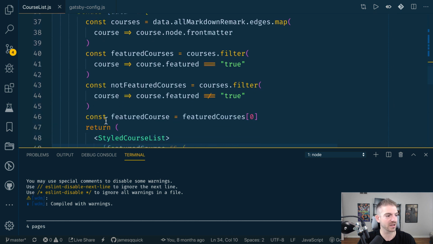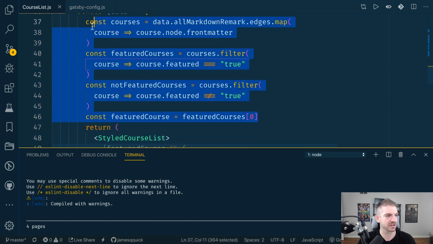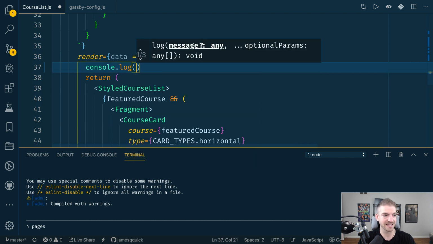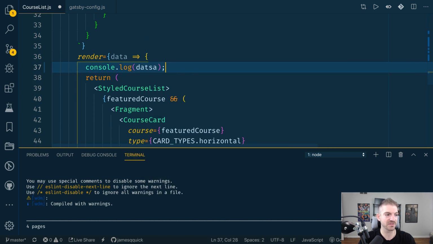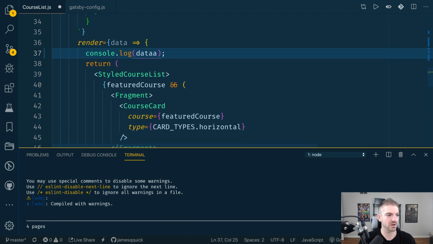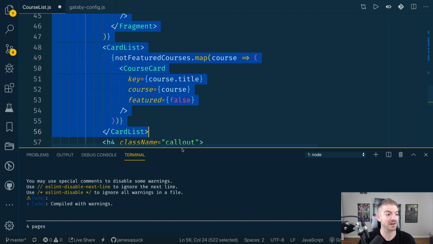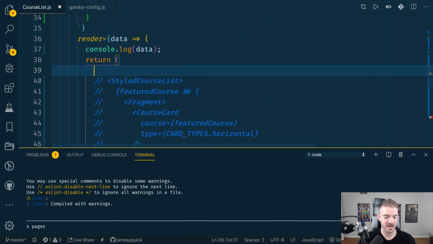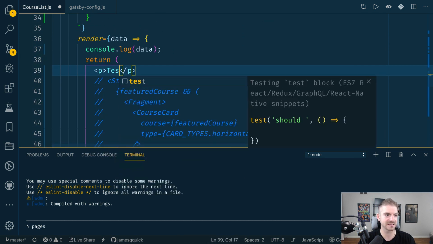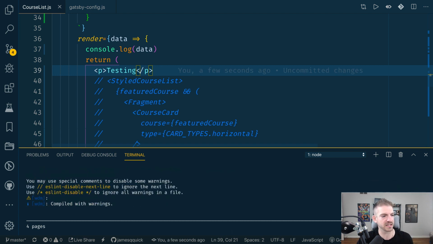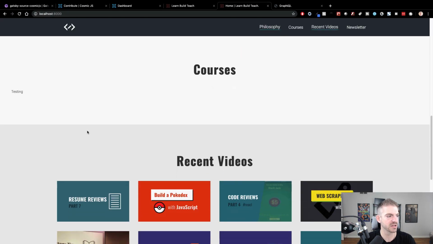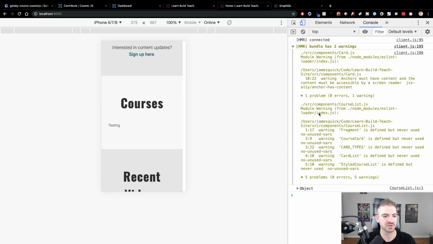Now I'm going to get rid of this stuff, and I don't think this logic was very good. I want to try to log out the data that's coming back just to see if it looks right. And because we got rid of that other stuff, I'm going to comment out all of the JSX stuff for now, and then let's just put a p tag that says testing, just to make sure we can see it displayed, and then check in the console. So let's refresh, scroll down, should see testing, and then in the console, if we're lucky, we'll see the right